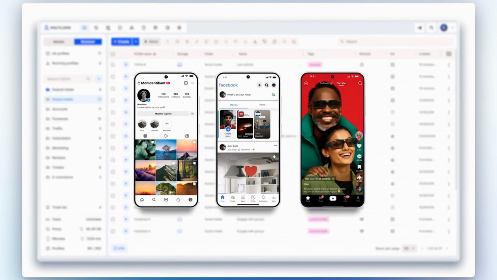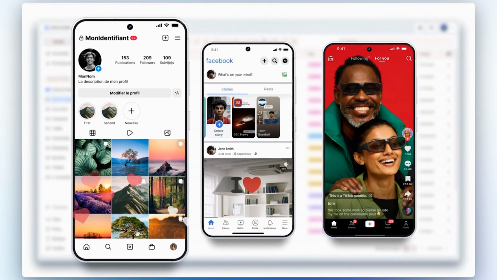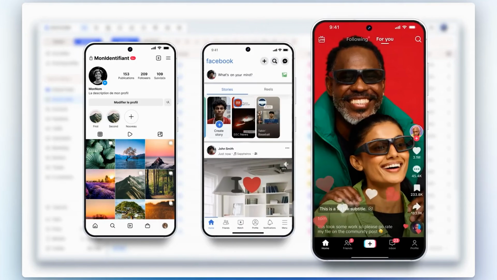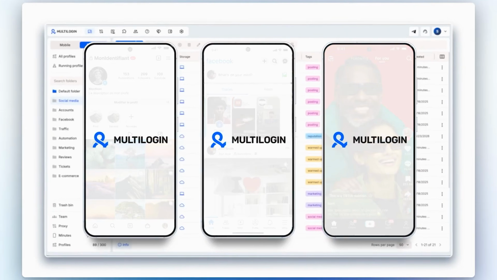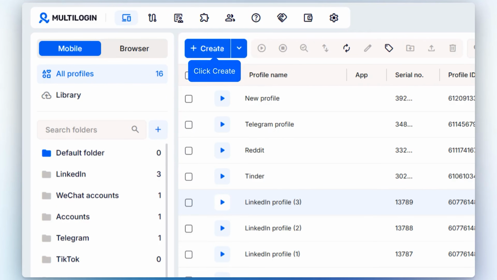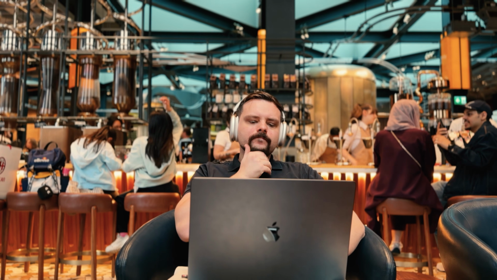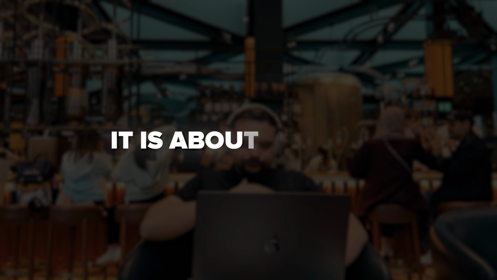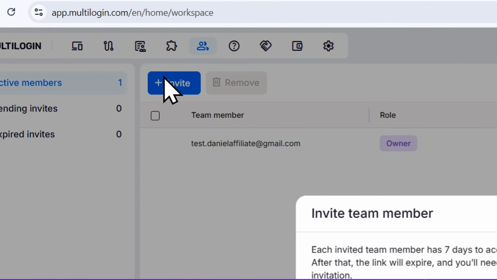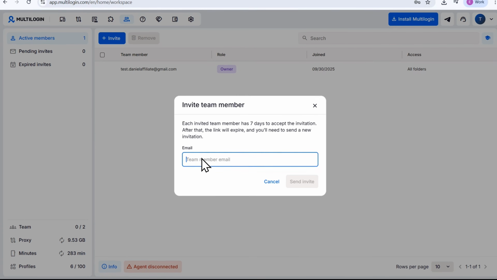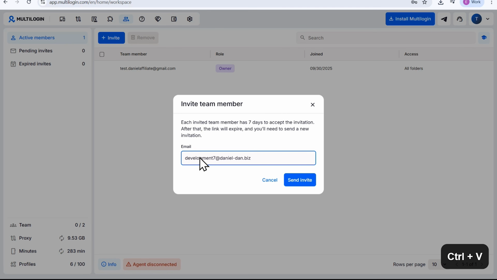My name is Daniel, and today we are looking at a tool that solves exactly that. We are talking about Multilogin, a platform designed to manage multiple Facebook accounts without conflicts or detection issues. And what makes this interesting is that this is not just about convenience, it is about control. Instead of constantly reacting to problems, you are setting up a system where those problems simply do not appear in